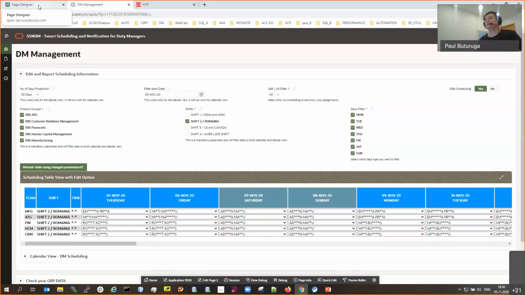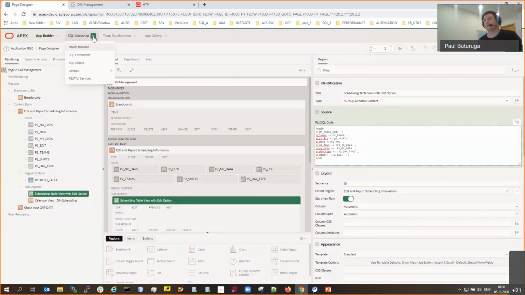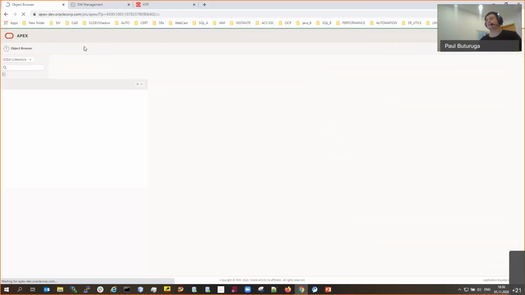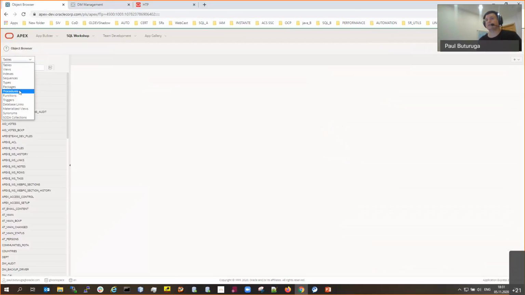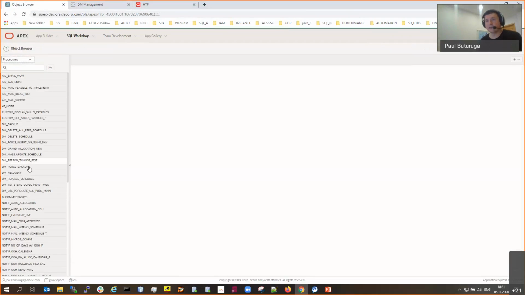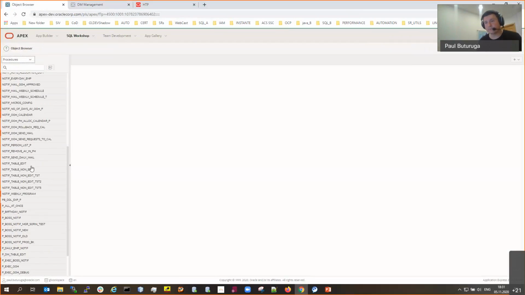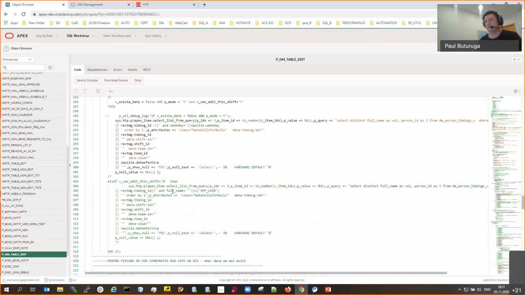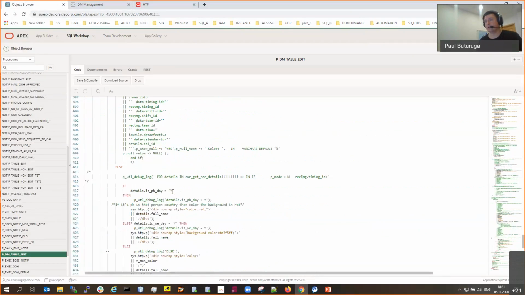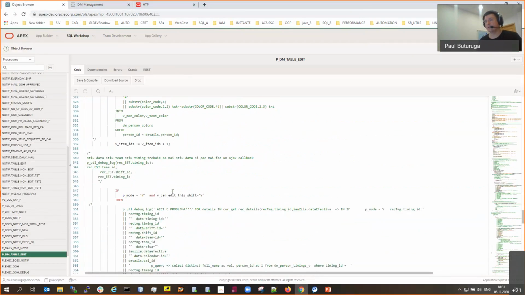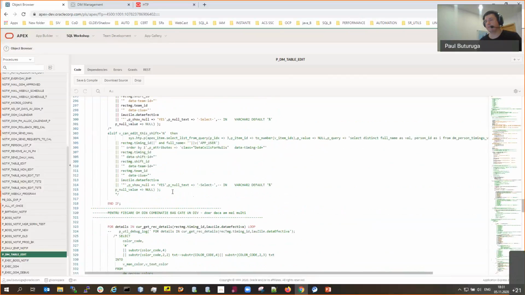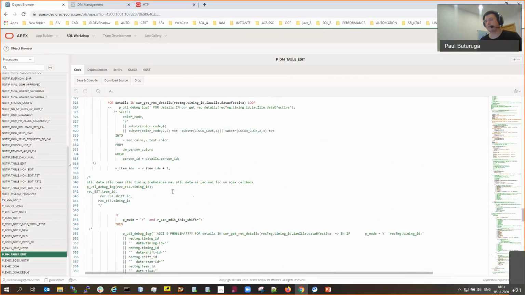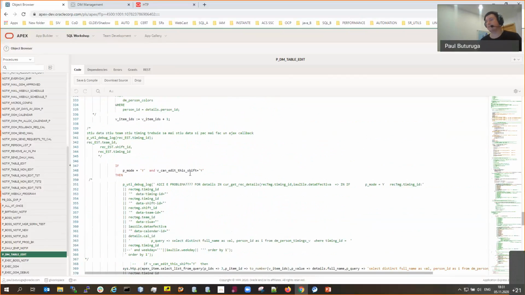Okay, let's see how this was done. I'm going to go to Object Browser. I'm going to select the procedure that is doing everything. This is the one, PDM table edit, and we're going to search for the section where P mode is Y. Okay, so when P mode is Y,